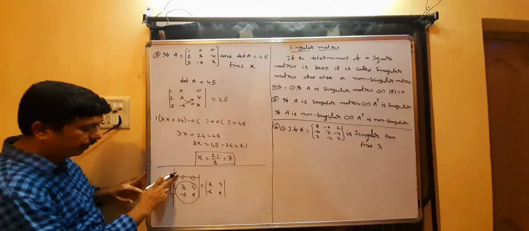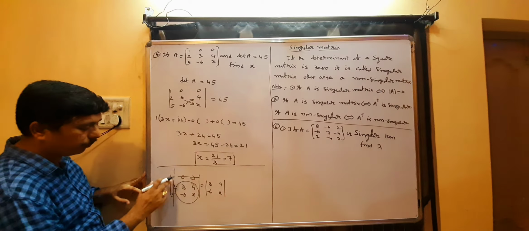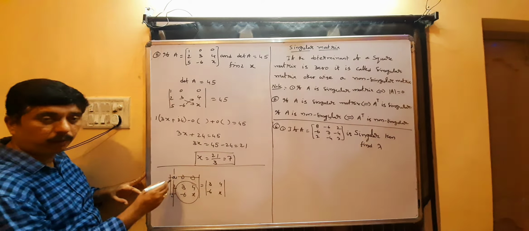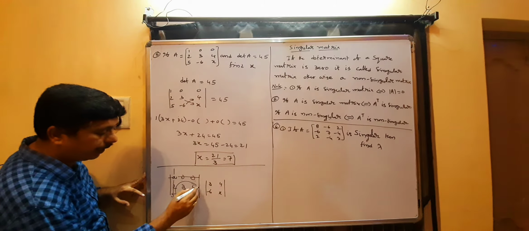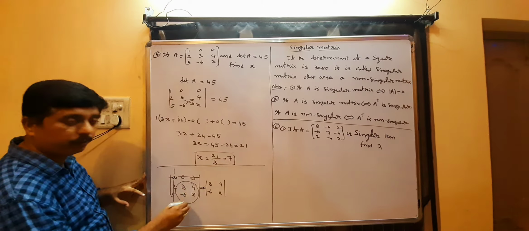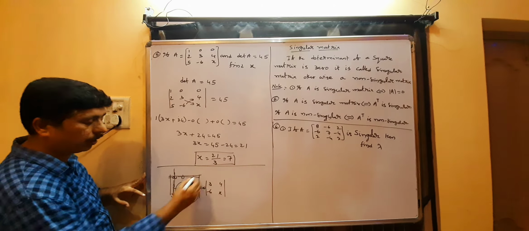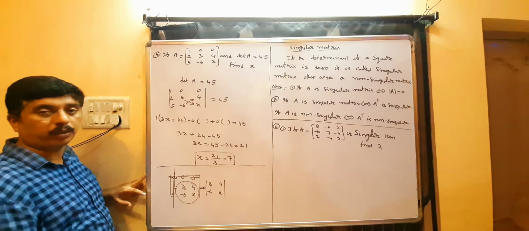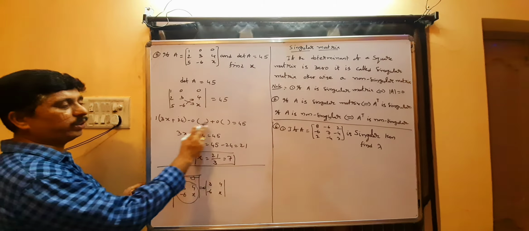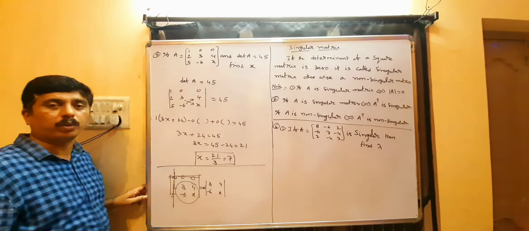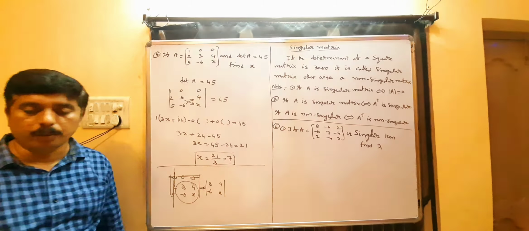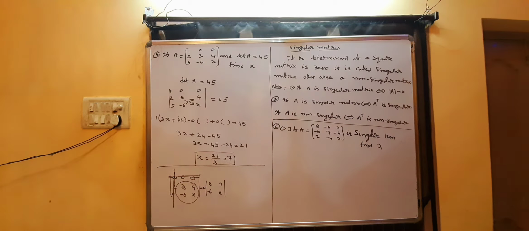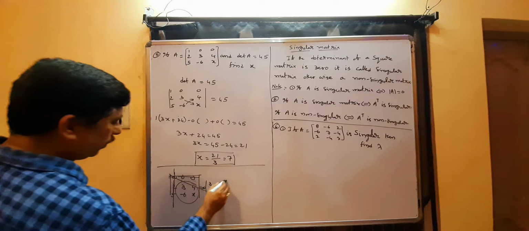Suppose in case in place of 1 you have a, then directly that is equal to a into det of the remaining elements, deleting the corresponding row and corresponding column. You have to find the determinant of the remaining elements. It is not necessary to write the 0 and something, 0 and something. Okay? Copy the problem.